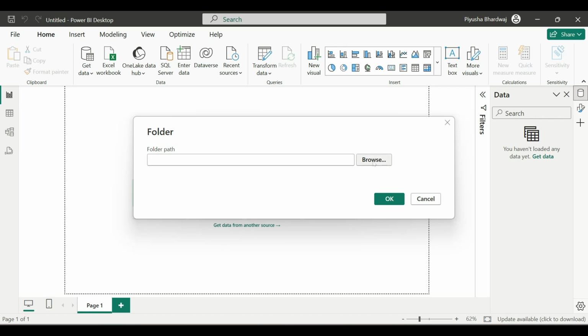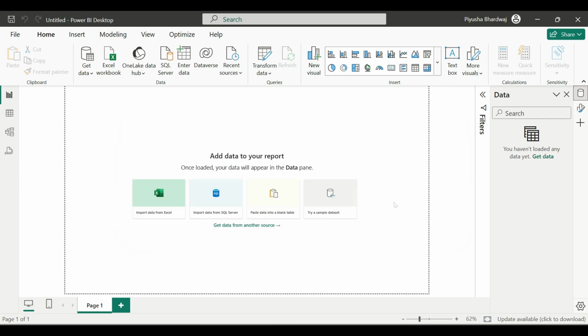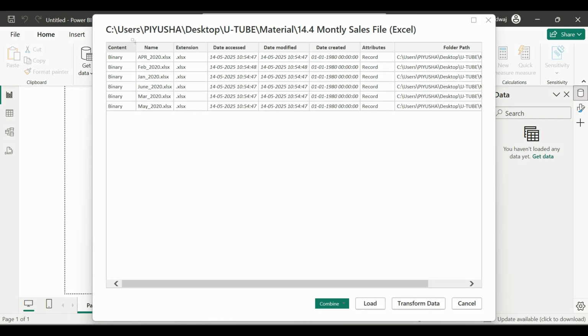Also you can choose the folder from browse folder, and click on OK. This will give me all the file structure, all the file names, the extensions, the date modified, created, all the metadata about the file. I have to click on transform data